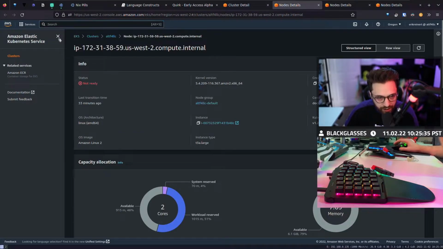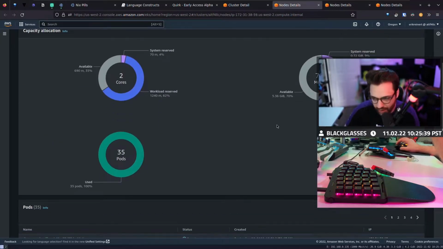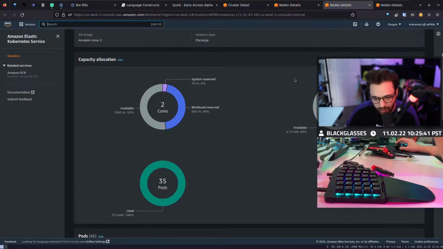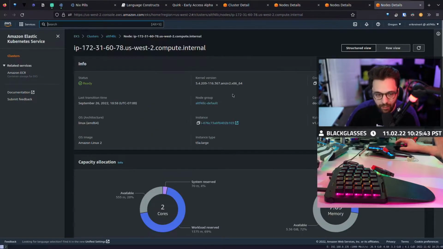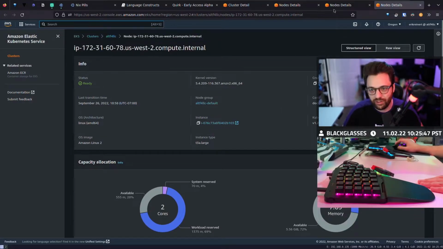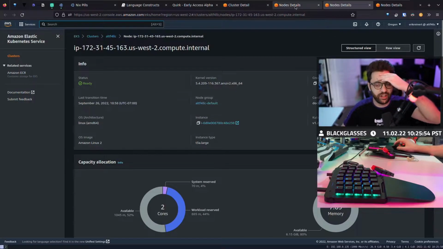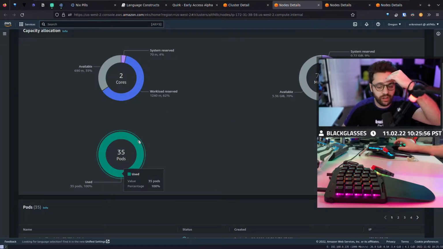So here's our not ready node, right? And I'm also kind of doing this just to show you guys how I would go through these types of problems if I was dealing with it. Yeah, look, we're full. I bet you we're full. Yeah, that's what it is. So we're just full. We need another node. Amazon, that's the one thing I hate about Amazon and their EKS stuff, man. They do this hard, and I know.